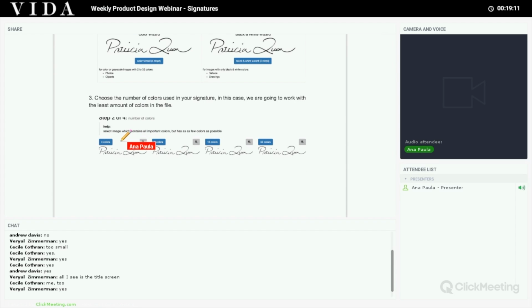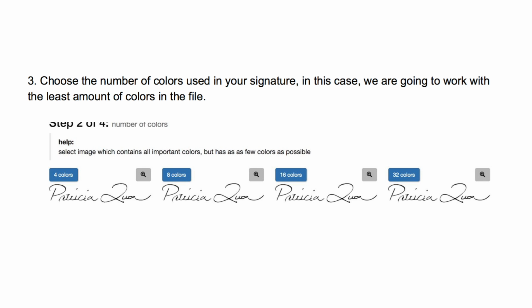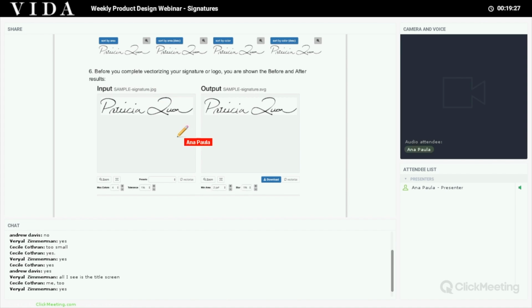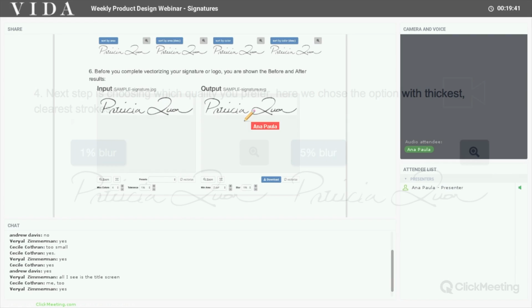Moving forward, because of the simplicity of the signature, I went with 4 colors because I didn't think there'd be much need for the 32 color choice. It shows you a before and after, like this would be a JPEG and this is the signature as vectorized artwork. You can see in the JPEG it's a little bit bumpier, not as smooth,